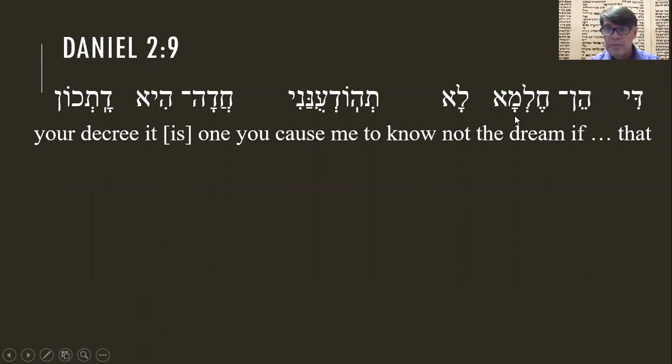Helma, the dream, and remember that kamats aleph is the "ah" in Aramaic, it's on the end of a word. La, not. In Hebrew it's lo, because Hebrew underwent the Canaanite shift, but Aramaic didn't, and so it's a long A instead of a long O in Aramaic. If the dream not, oh boy,